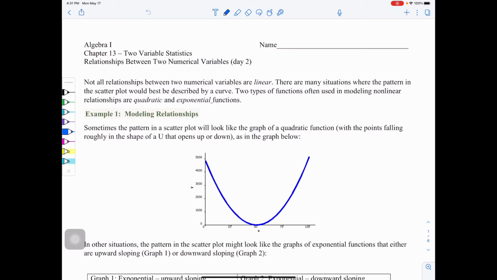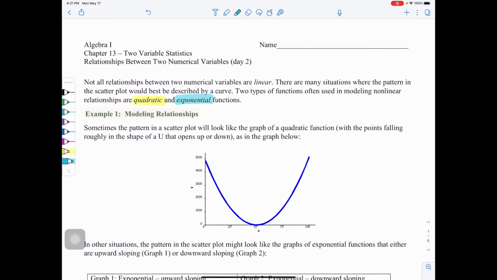Today's lesson is called Relationships Between Two Numerical Variables, Day 2. It says not all relationships between two numerical variables are linear. There are many situations where the pattern in the scatter plot would best be described by a curve. Two types of functions often used in modeling nonlinear relationships are ones that you've heard of before, quadratic and exponential